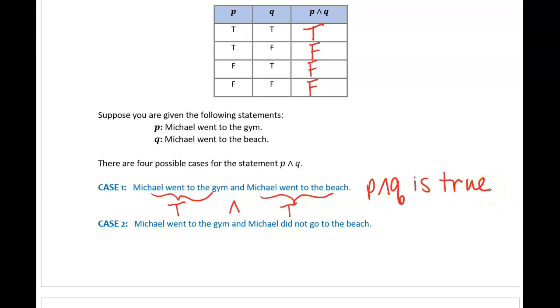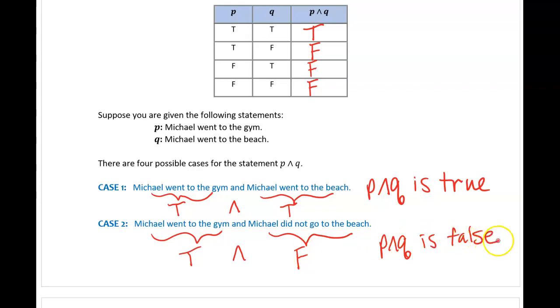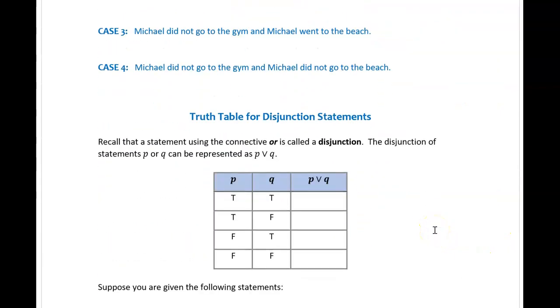Case 2, Michael went to the gym, so P is true, and Michael did not go to the beach. In this case, statement Q is false. The statement P and Q is false. Case 3, Michael did not go to the gym, so P is false, and Michael went to the beach, meaning Q is true.